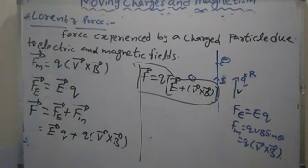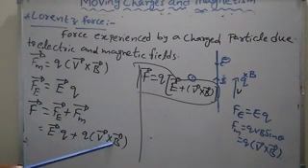This we already understood. How much electric force does it experience? E bar into Q. Direction is important. The electric force direction is parallel to the direction of the electric field. The magnetic force direction is perpendicular to the plane containing V bar and B bar; it is perpendicular to V bar and perpendicular to B bar also. Then the total force experienced by a charged particle in an external uniform magnetic field is the sum of the electric force and magnetic force, that is E bar into Q plus Q into V bar cross B bar.